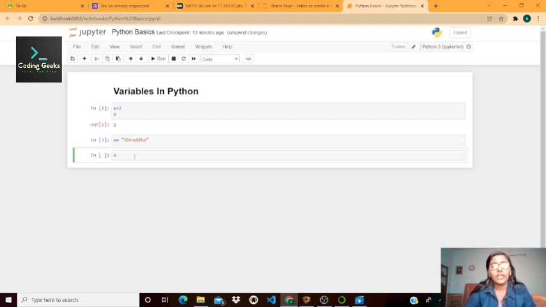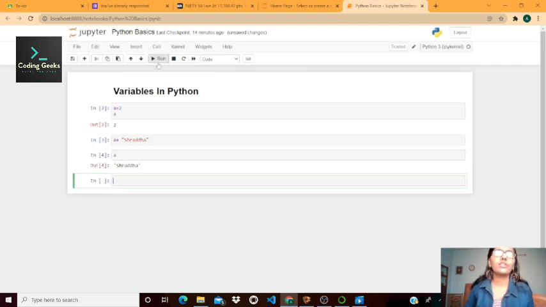That means in Python it is not mandatory to specify the data type of a variable. Now we run this cell, and we see that the value in variable A is stored as a string type, and we can also look at the data type of our variable. The data type of our variable is string.